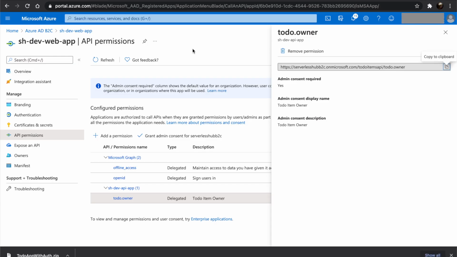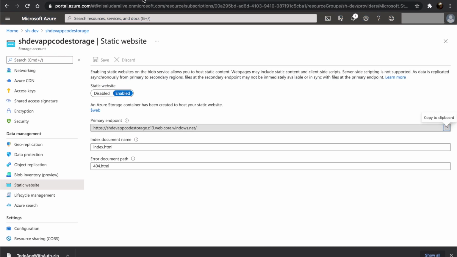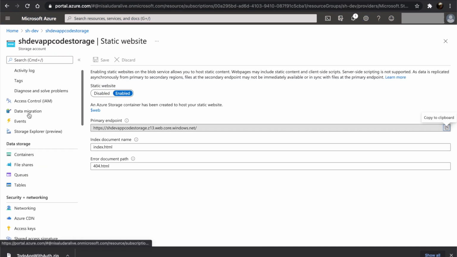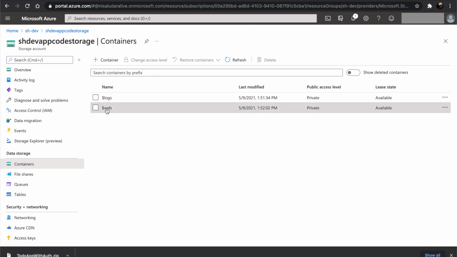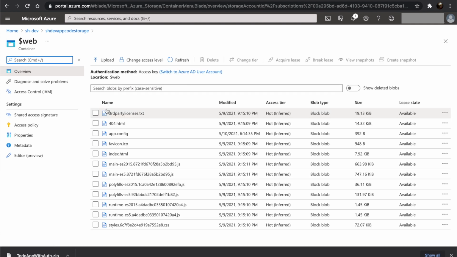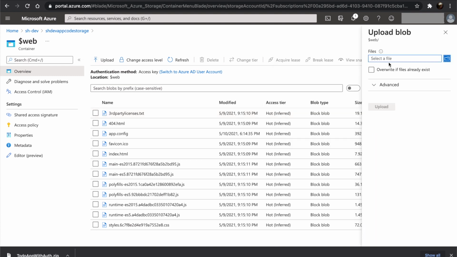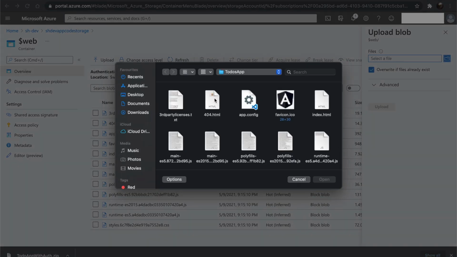Let's go back to the storage account and open up the web container. And let's upload. And let's replace the web app files.